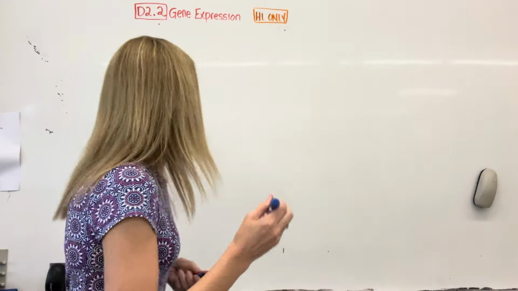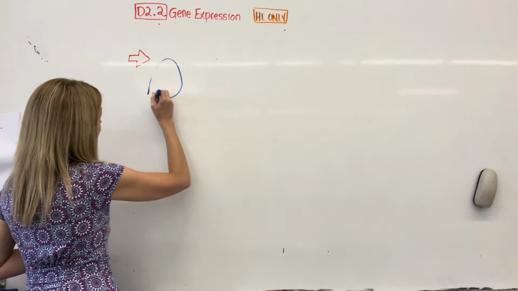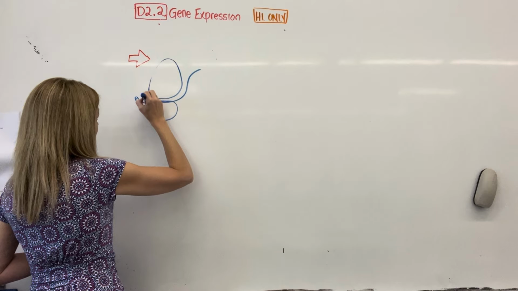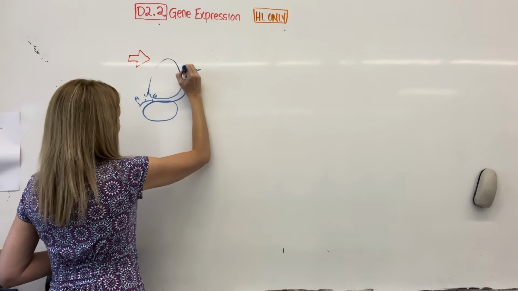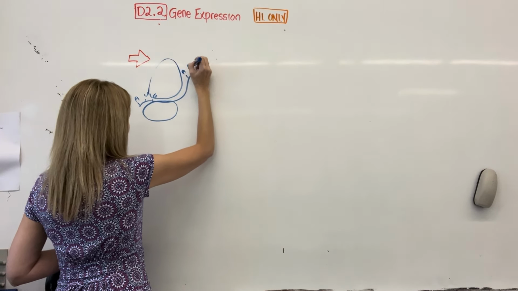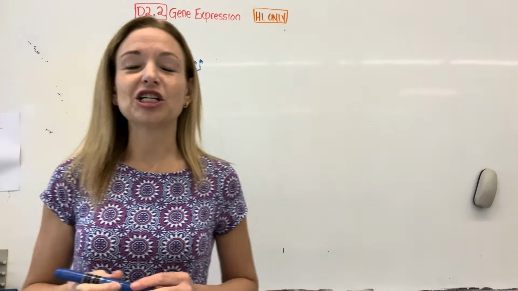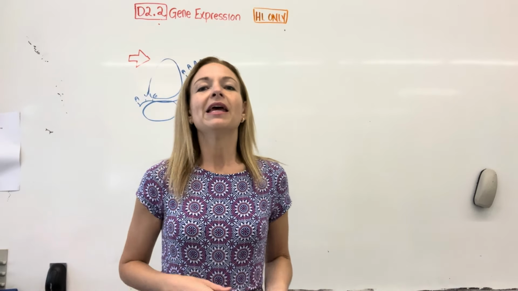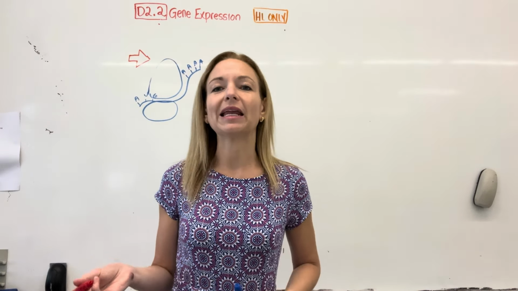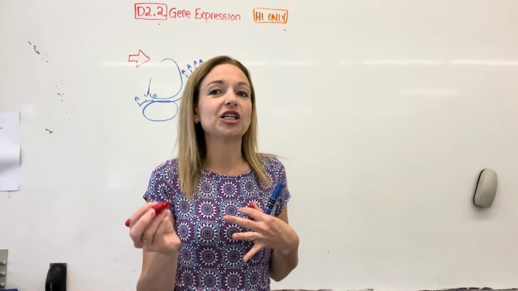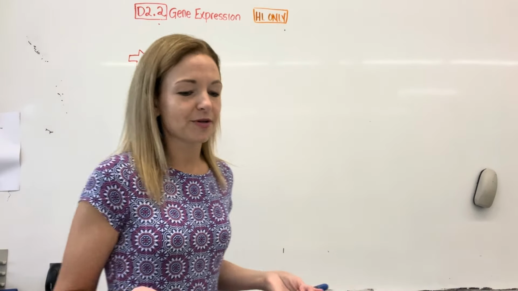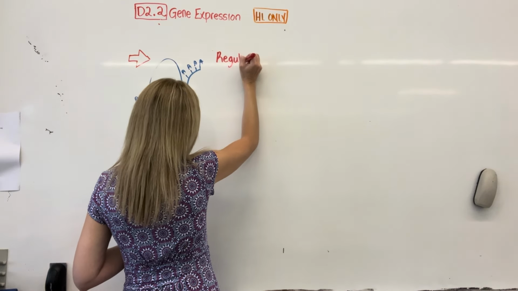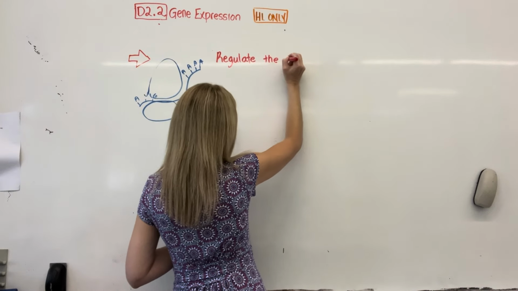But it is an option that is certainly important. If things change in the cell, we want to make sure we have options to regulate the rate of translation as well. So even though generally the preference is to regulate at the transcription level, it is important to be able to regulate it later, so that if something changes and the protein's no longer needed, it is an option to turn off translation. So we can also regulate the rate of translation.